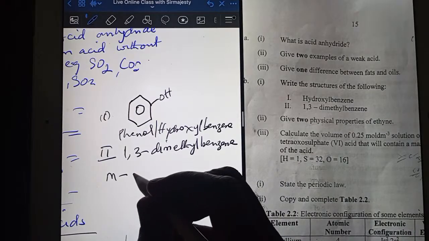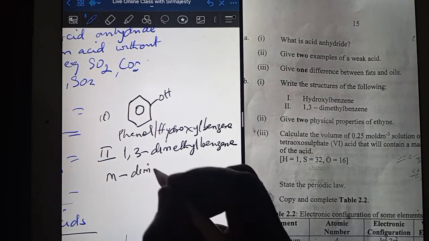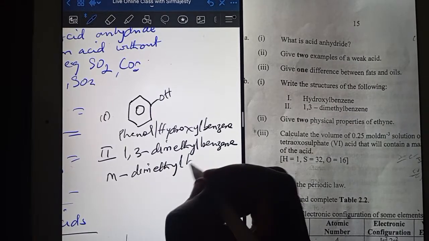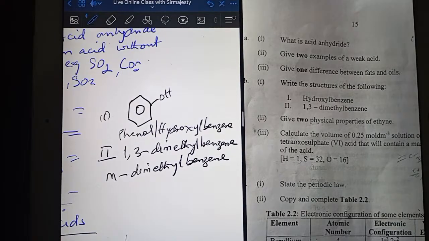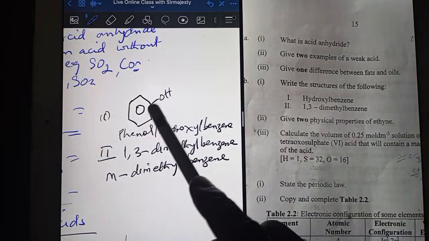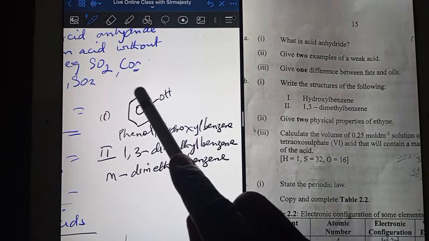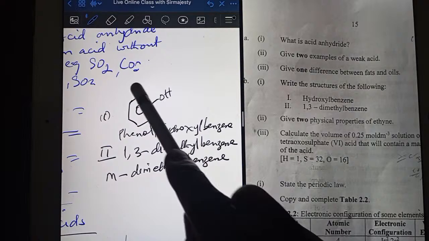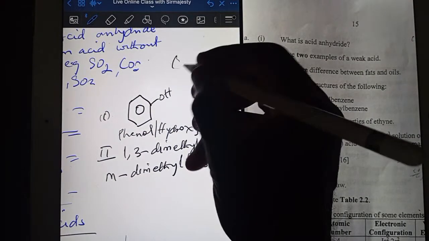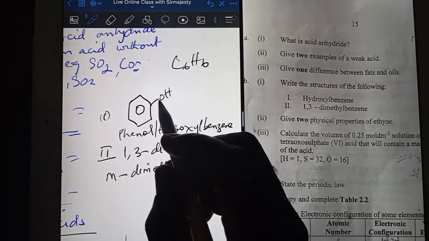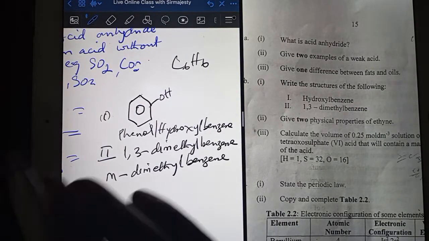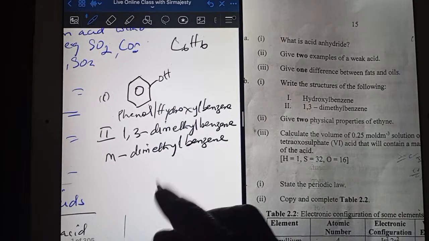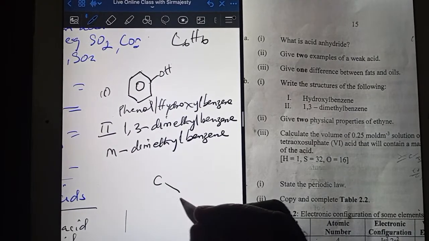It is also called M-dimethylbenzene because it's a di-substituted compound of benzene, meaning if there is substitution of the 2 hydrogens in benzene, remember benzene is C6H6. Normally, each vertex will have 6 carbons and will be attached to only one hydrogen, which means if I should draw the real structure itself,